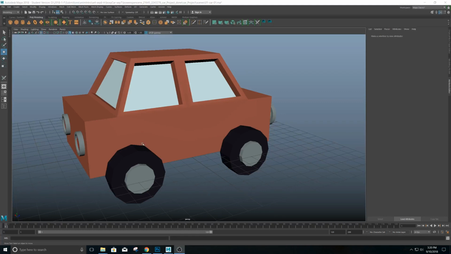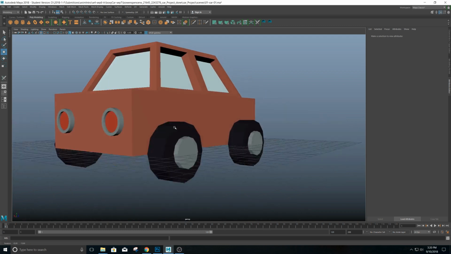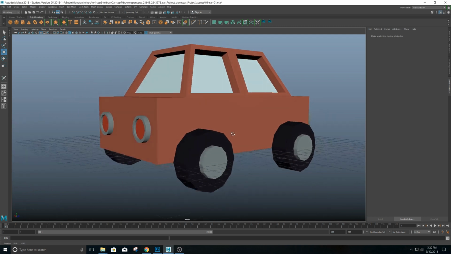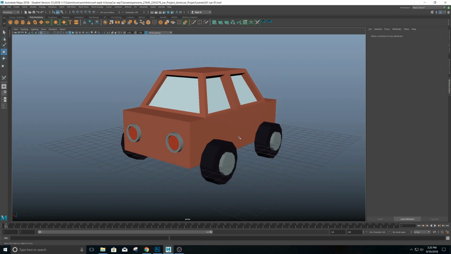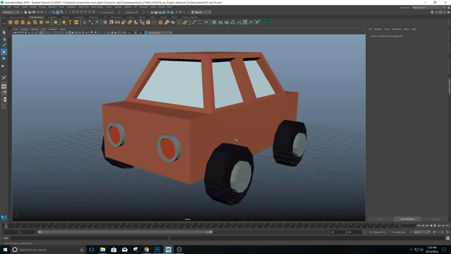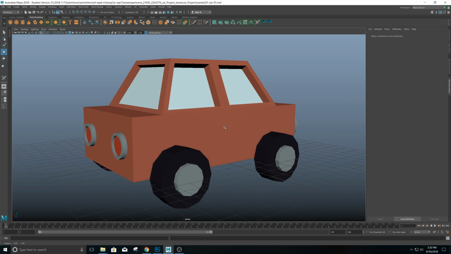So hello everyone, in this tutorial I'm going to show you how I go about creating UVs for this car. This is actually Spencer Bowen's car and it was so nice and clean that I want to use this for creating this tutorial. So thank you, Spencer. We're going to start with